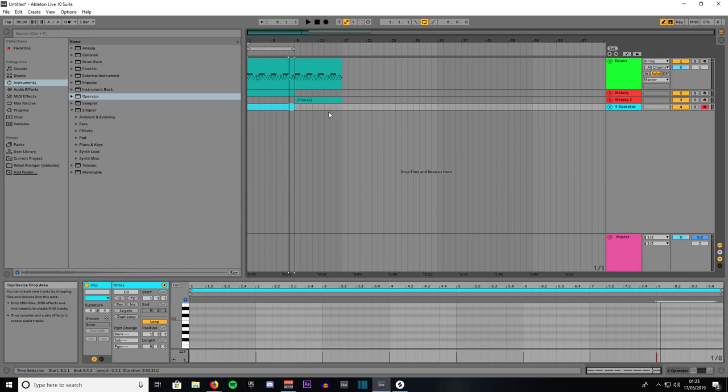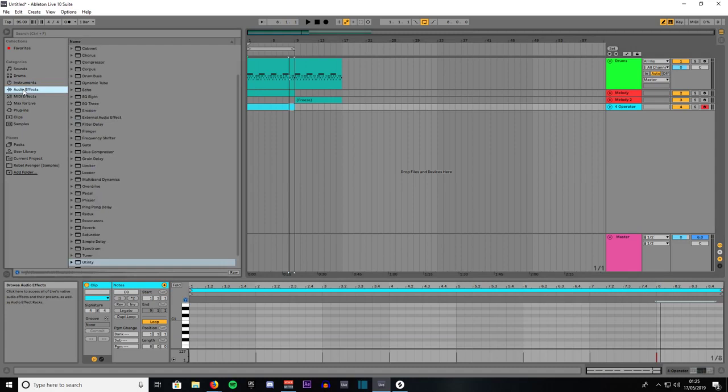Then what you're going to want to do is we want to EQ the sub bass and the drums, because usually the bass and the drums operate nearly on the same frequency. The bass usually operates on about between 40 to 80 Hertz, and so do the kick drums, and when they collide together, when they're happening roughly on the same frequencies, it leads to muddiness in your track, which can leave them cloudy and washed out and not making the proper sounds they're supposed to. So what we want to do, we want to get an EQ by going to Audio Effects and dragging out EQ 8